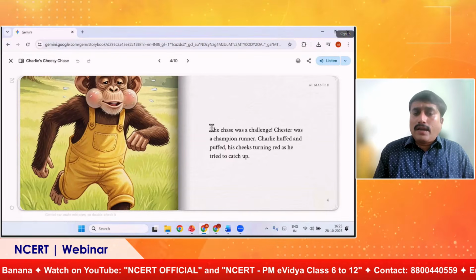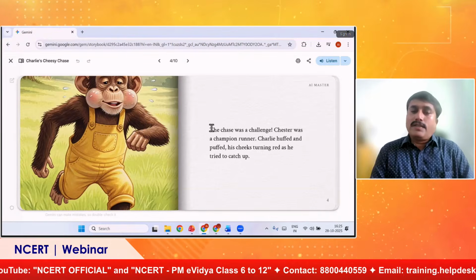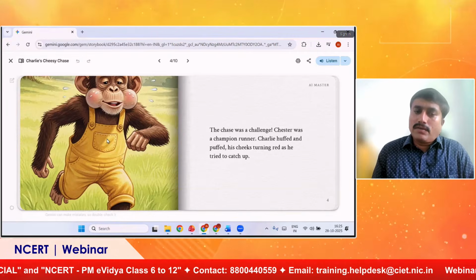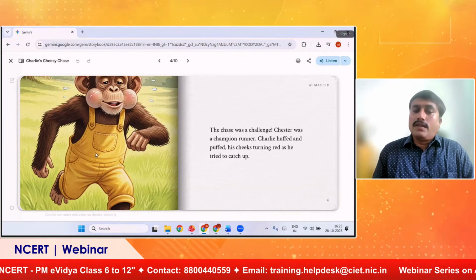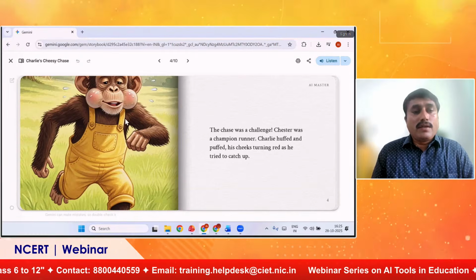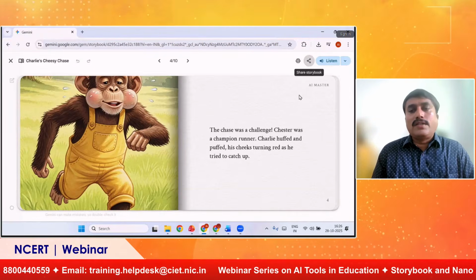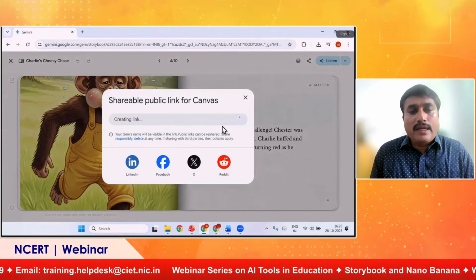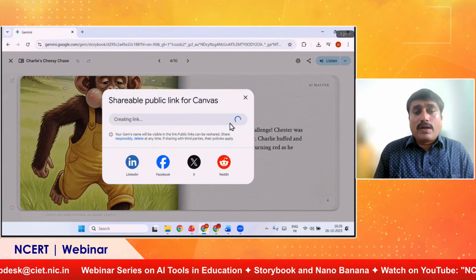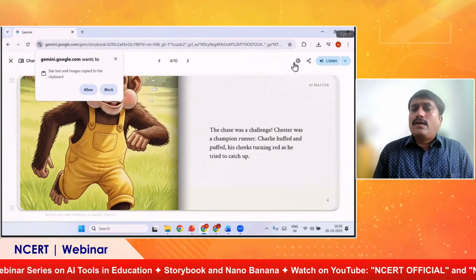Like we created the same targeted language, like phonic sound CH, and then some extraordinary pictures where students get involved. So pictures are there, and then we can listen also. And then you can save this whole book in PDF or link. You can share it by creating a link to the students on your blog or whatever online platform you have, and they can also enjoy it on their mobile.